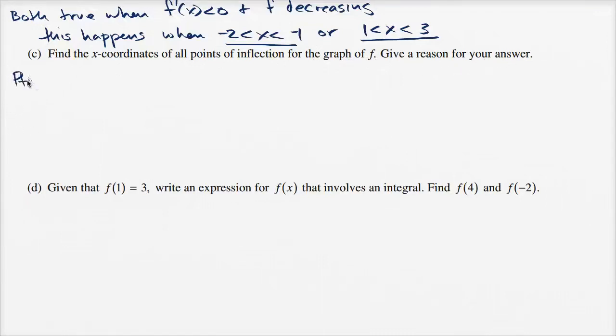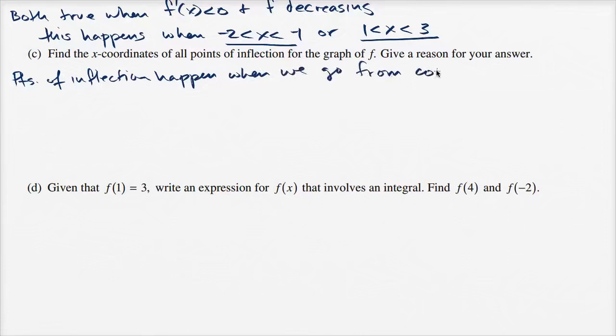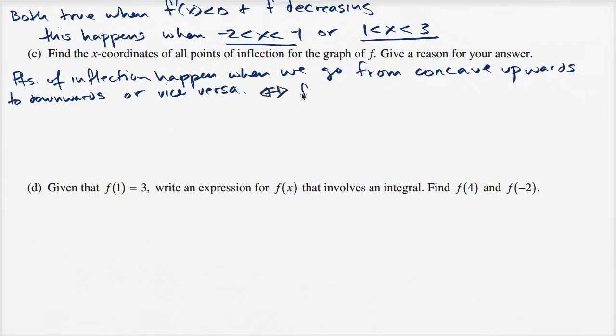So points of inflection happen when we go from concave upwards to downwards, or vice versa. So this is true if and only if f prime prime of x goes from